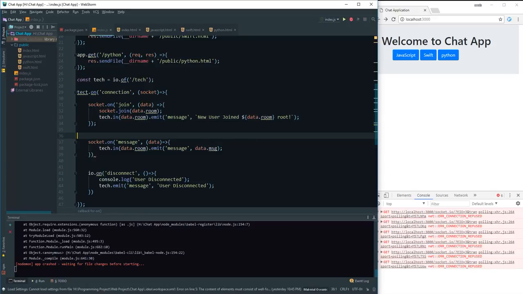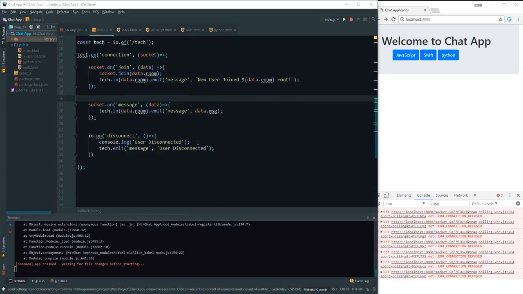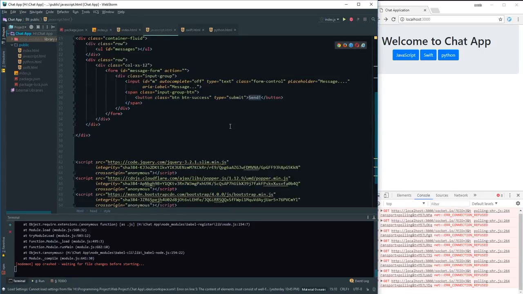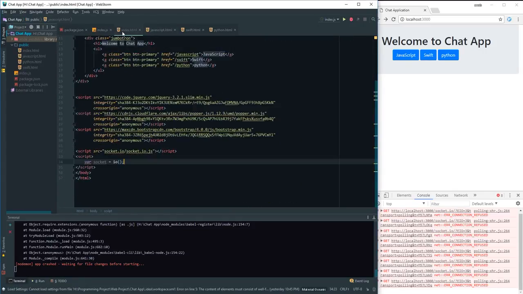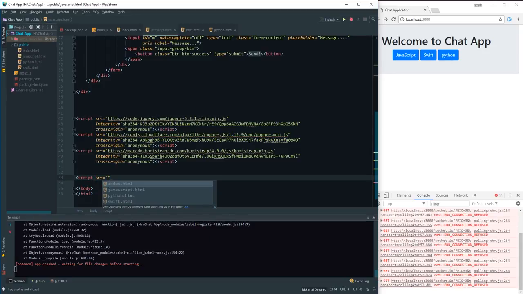So now let's go to the JavaScript file, and let's try finishing that code and see if things work from there. We're going to write some code for our client now. So we have this index, and we have this check for whether the user joined or not. So we'll go back to the JavaScript file, and here, similarly, we will create a script first, and then we want to source that to